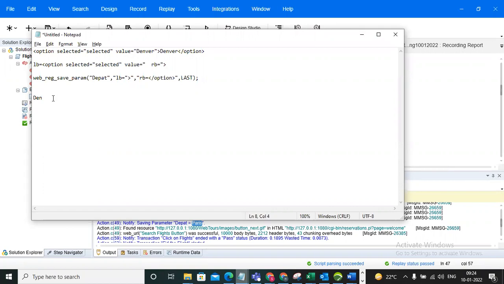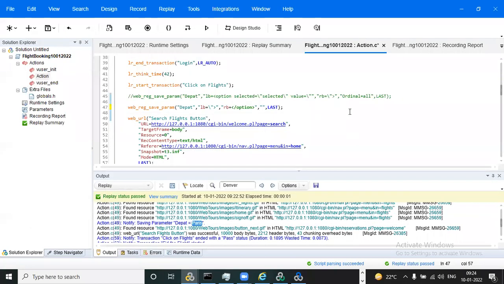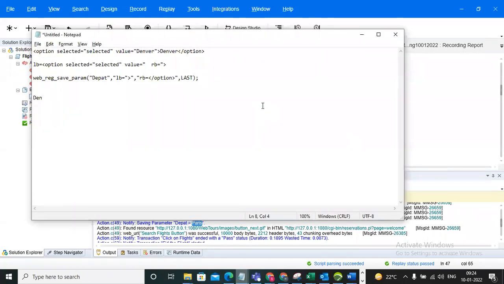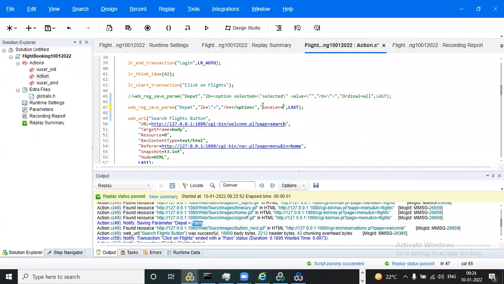So using an argument, we have the argument called save length. Save length equal to how many characters I am capturing? Only 3 characters, DEN. So you need to give 3 and execute.